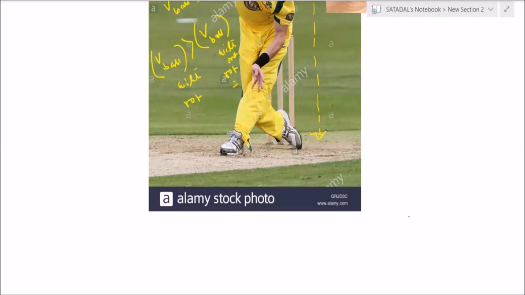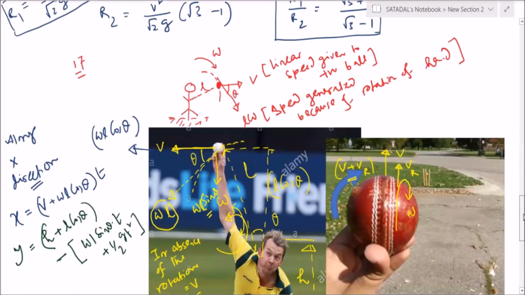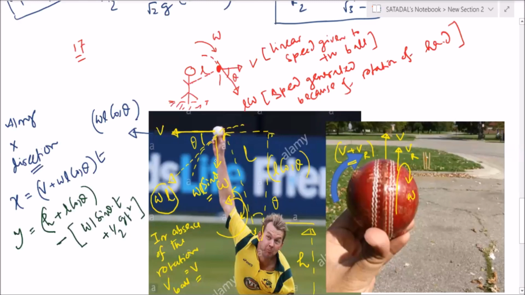Yes, Likita. Sir, explain that along the x direction once again. See what I am telling. Because of the momentum generated by a bowler, he is running a long run up. So because of the momentum, this linear velocity is given. Correct? Because of the movement of the arm, he is having the rotating speed. So these two are basically generating the combined speed of the ball. Right? Is this clear now?